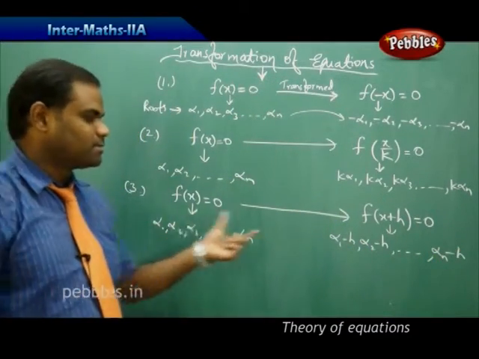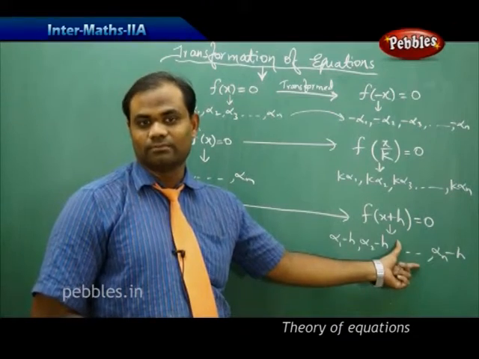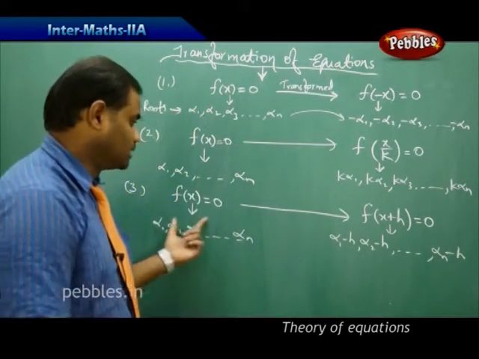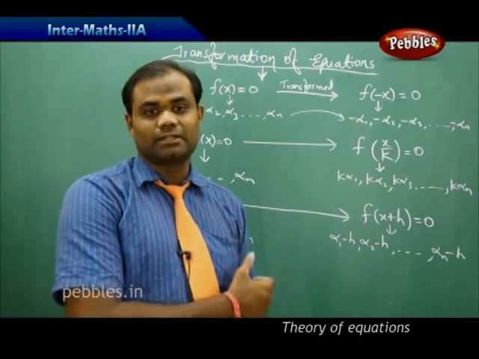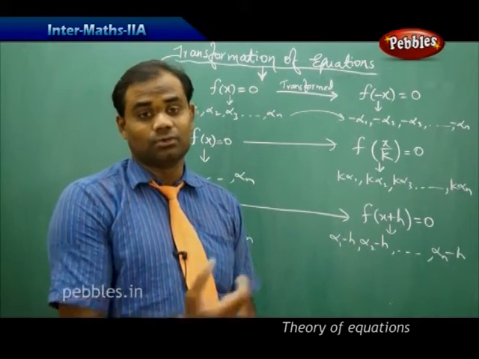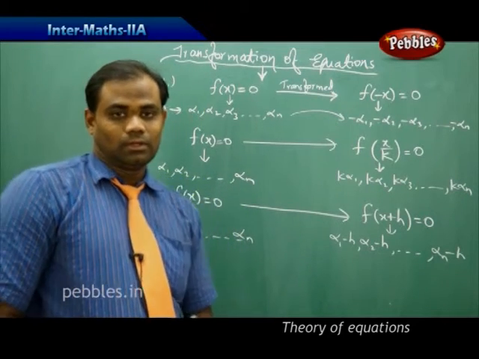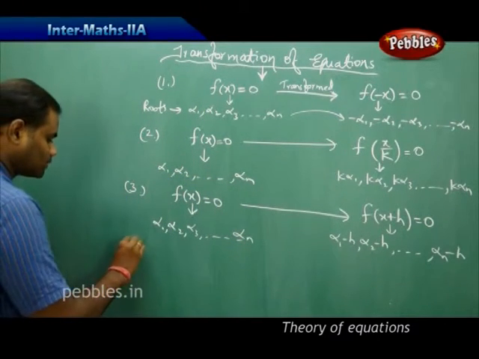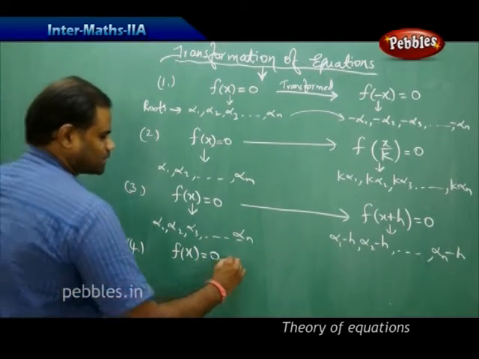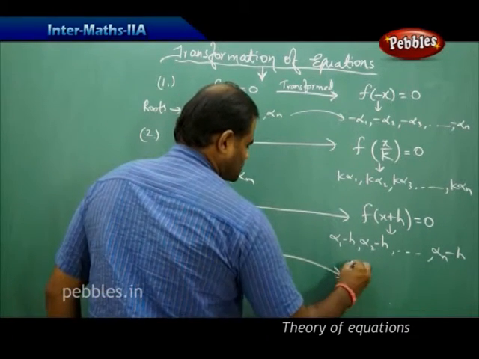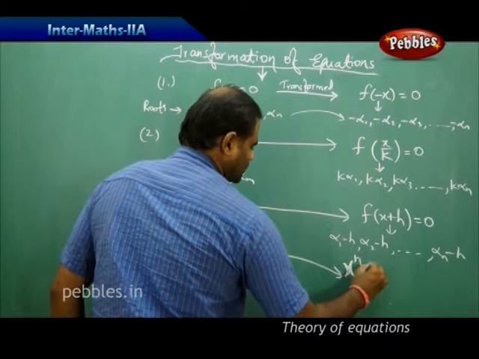So the roots are respectively transformed into this form. This is how we understand the third type of transformation. Next, we'll come with another transformation and see how the roots are connected. Now, let's take the fourth property where my polynomial equation is transformed to x power n times f of 1 by x